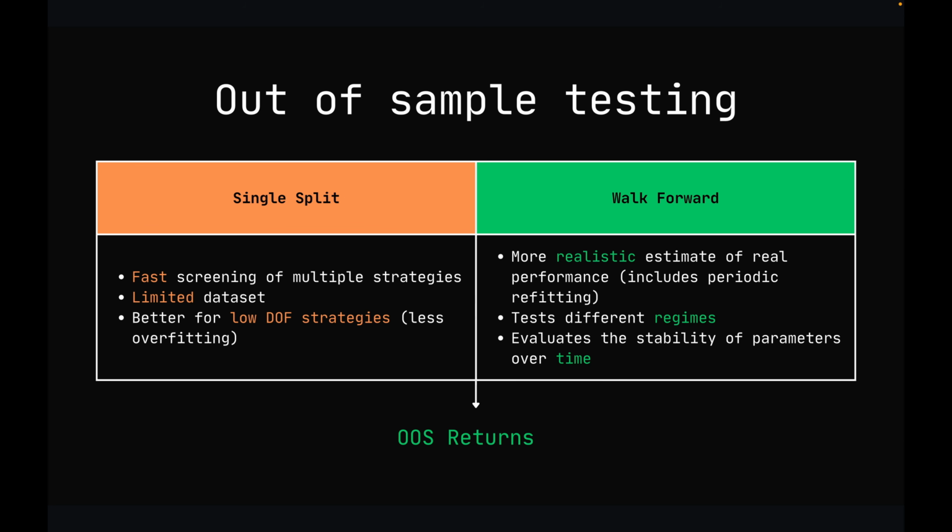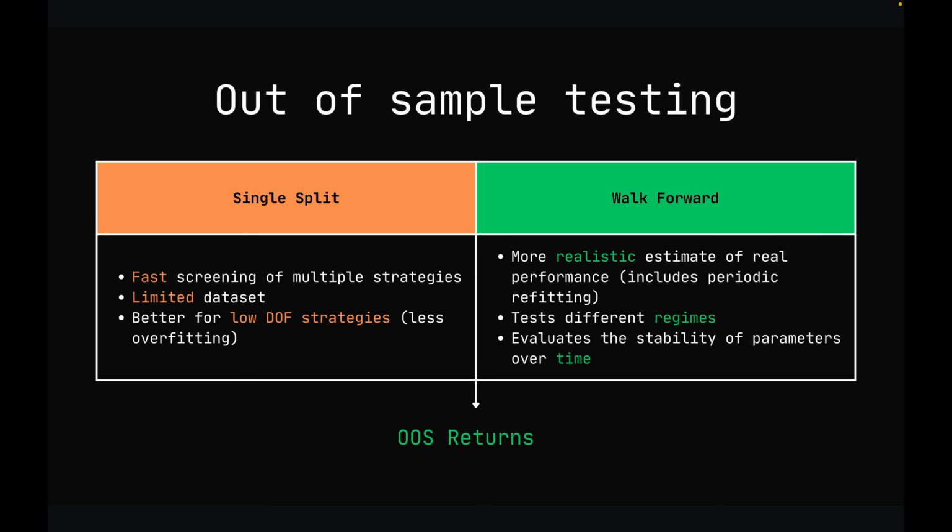And by replicating this, you can simulate the whole process for a longer period of time. Also, it can test different market regimes, which is good for evaluating the robustness of your system. And finally, it can unveil if you have stability or not of your parameters over time. In both cases, you will end up with a series of out-of-sample returns, which will be your only unbiased estimate